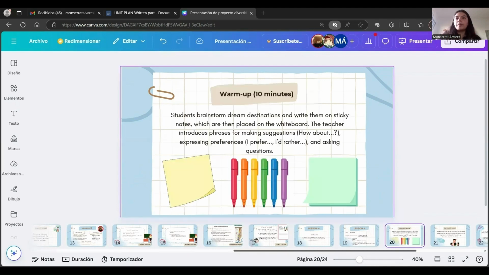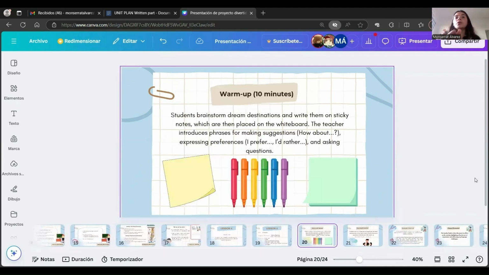As for the warm-up, this is going to take around 10 minutes, and the idea is that students brainstorm dream destinations and write them on sticky notes. They will use them later for the next activity. These are going to be placed on the whiteboard, and the teacher will introduce phrases for making suggestions and expressing preferences, such as "how about this, how about that," and "I prefer, I would rather," and for asking questions between